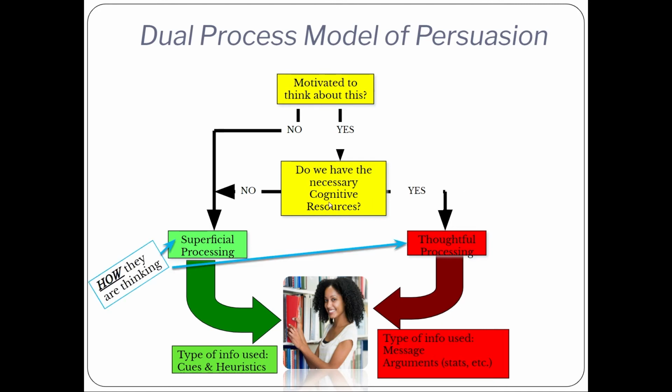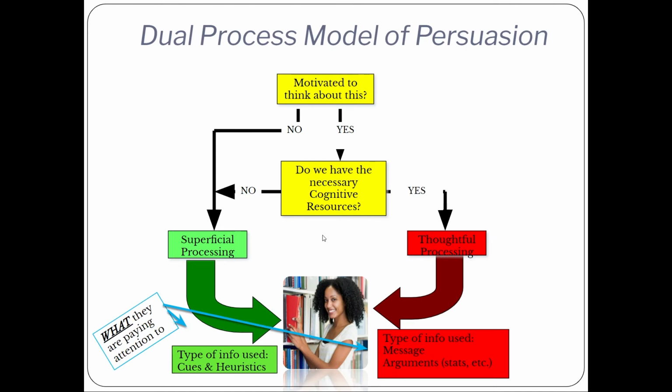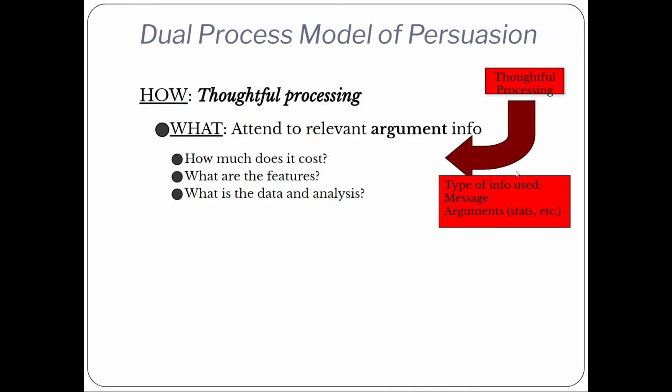And so superficial processing and thoughtful processing is how this person is thinking about the persuasive issue. And the type of information they use represents what they're paying attention to. So to reiterate this and to help you distinguish between how people are thinking and what they're paying attention to,